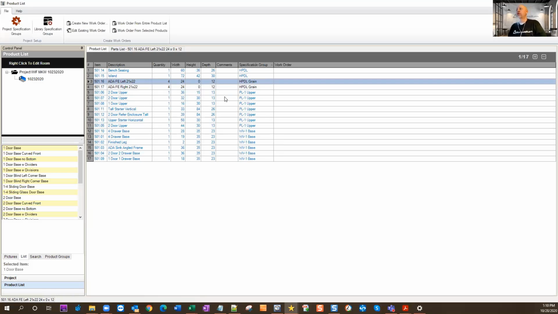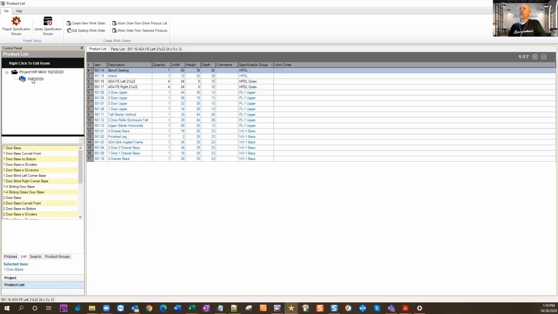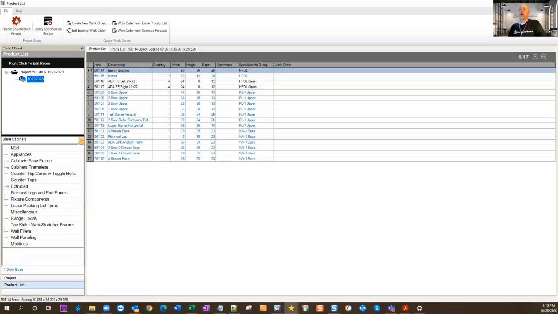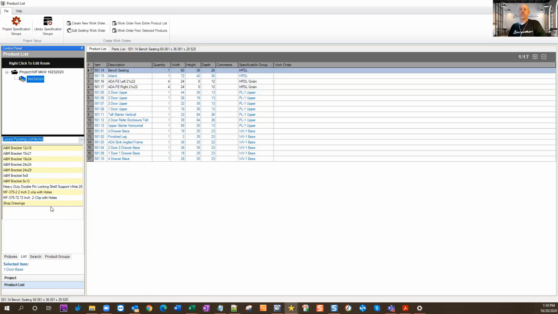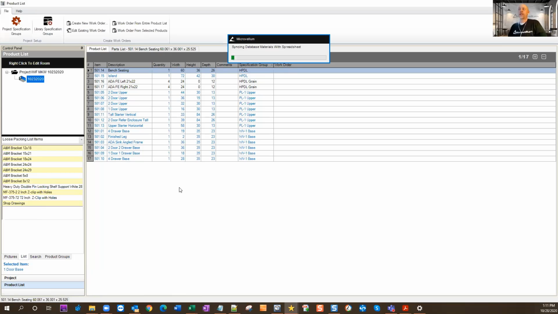Another thing that you can actually do in this list is you can include items that aren't even going to get machined. What I did here was, if I come into my pull down menu here, I actually have a list that's called loose packing list items. I don't know if you've ever worked for a company that you usually send out shop drawings, but it's kind of a hassle to remember to include them. What you can actually do is create a loose packing item called shop drawings. And if I right click on this and add to project here,